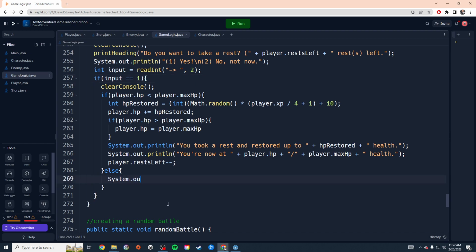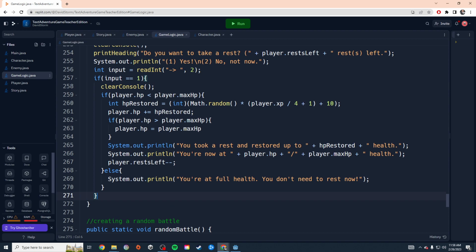Else System.out.println, you're at full health. You don't need to rest now. Okay. That's if they say they want to, right? Okay, and then basically